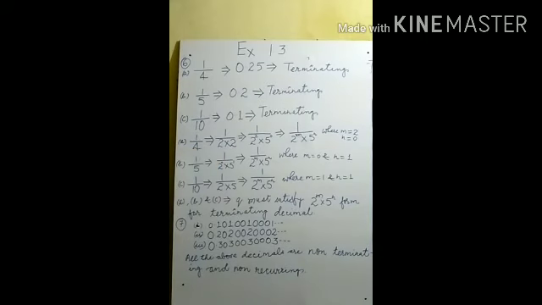We can take another example. Suppose 1 upon 5 is taken. If you divide 1 by 5, the result is 0.2, and 0.2 is itself a kind of terminating decimal. Similarly, we can take 1 upon 10. We can convert it into decimal, and the decimal representation of 1 upon 10 is 0.1, and 0.1 implies a terminating decimal. In this way, all these three examples are examples of terminating decimals.